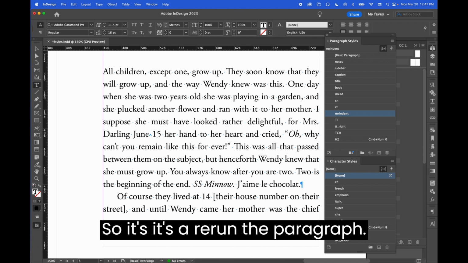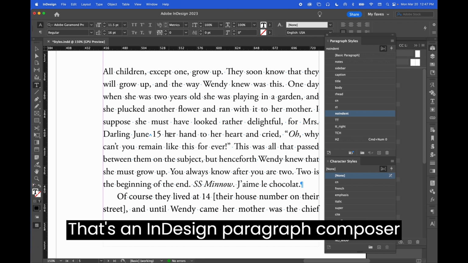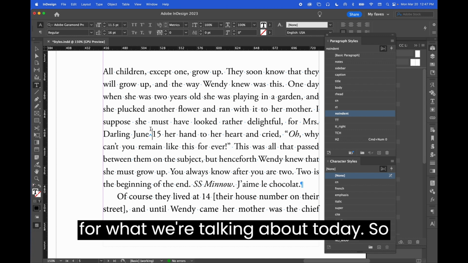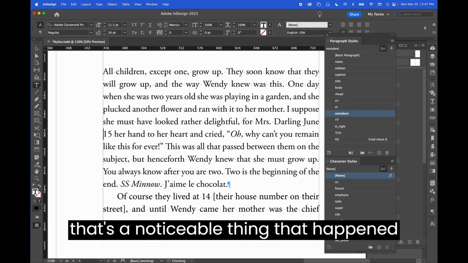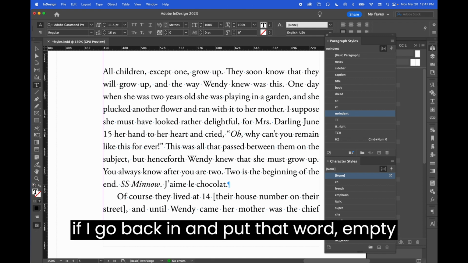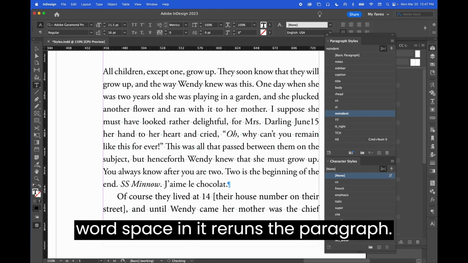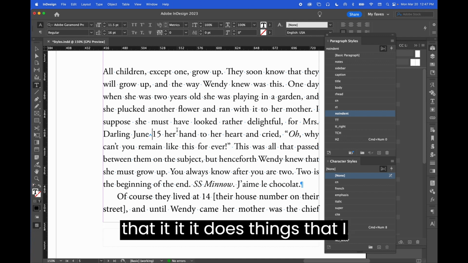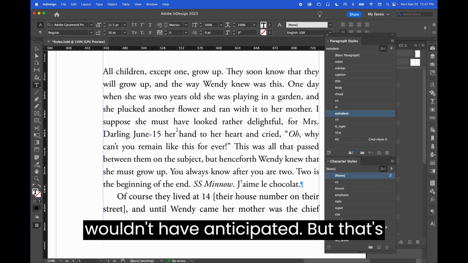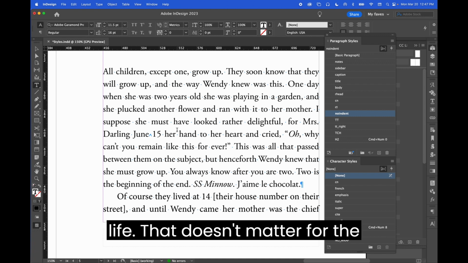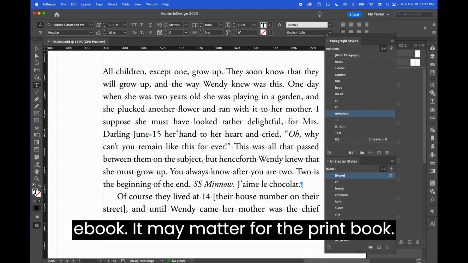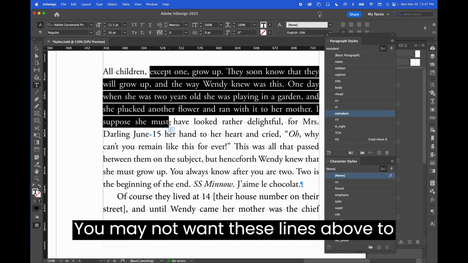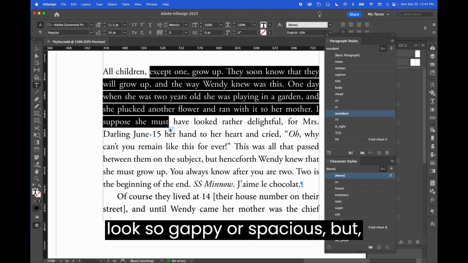So it's rerun the paragraph. That's an InDesign paragraph composer thing. It's a little bit out of scope for what we're talking about today. So that's a noticeable thing that happened. If I go back in and put that empty word space in, it reruns the paragraph. Inserting a non-breaking space means that it does things that I wouldn't have anticipated, but that's life. That doesn't matter for the ebook. It may matter for the print book. You may not want these lines above to look so gappy or spacious, but